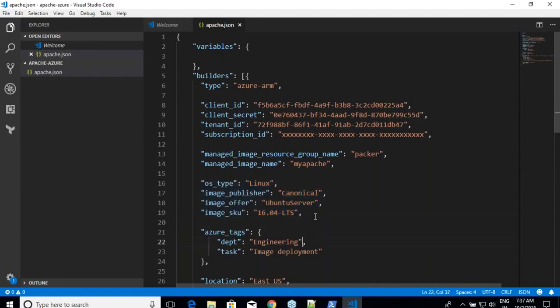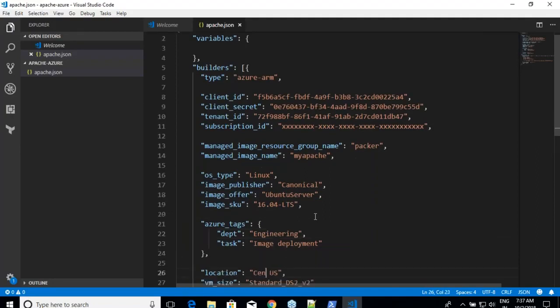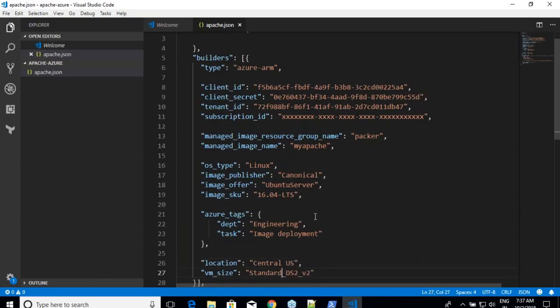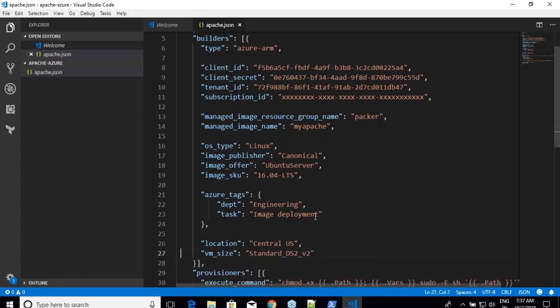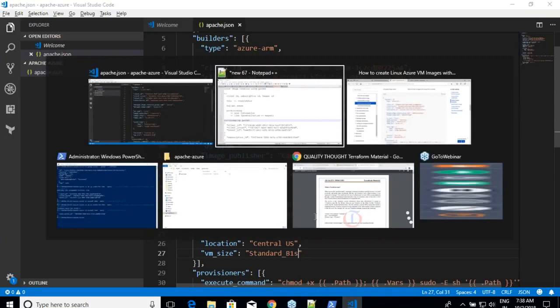Tags are okay, right? Fine. Location is Central US, and the machine which is free for all of us is simple. Okay, I still have to pass those four values: client ID, client secret, and all of that. All right. So what is my client ID?